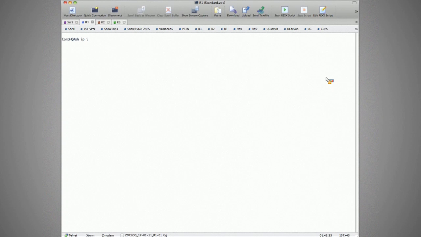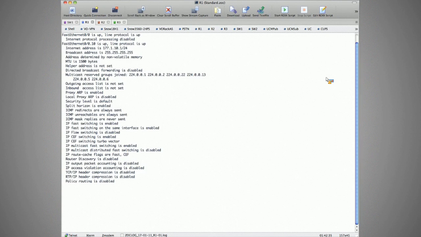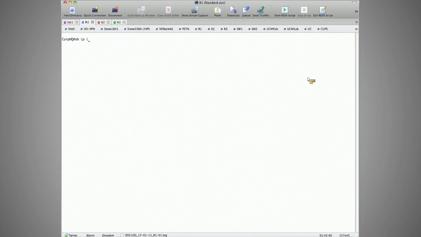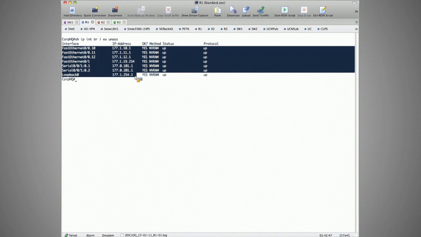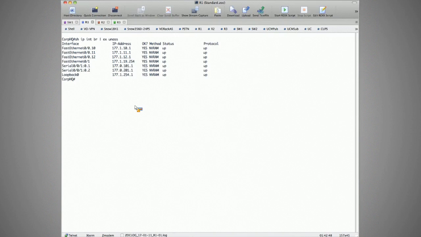And let's do a show IP interface pipe to exclude unassigned. Oops, sorry. What I meant to do is show IP interface brief pipe to exclude unassigned. And we see our basic interfaces with IP addresses. Unassigned would be the IP address unassigned. And what we want to do is look at the layer 3 path. So over to our branch 1 site is this serial link, and over to our branch 2 site is this serial.2